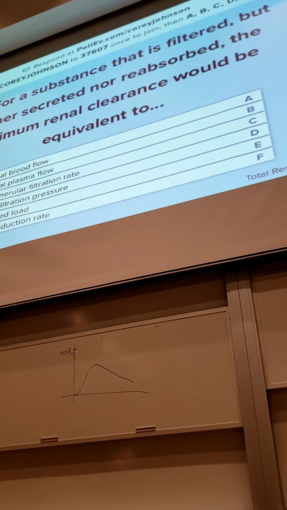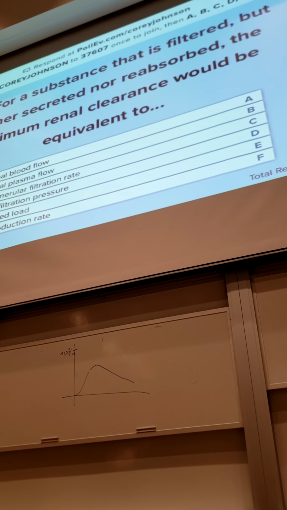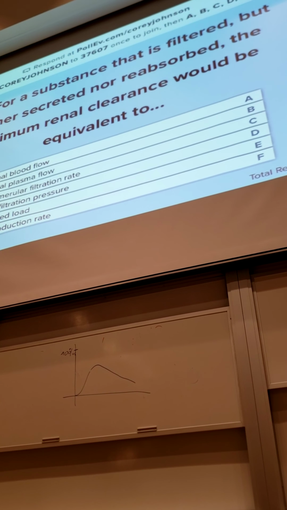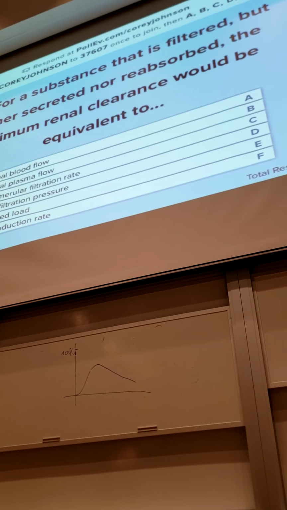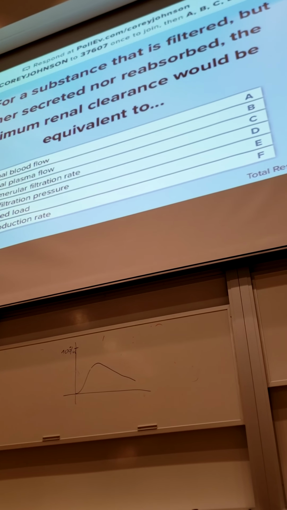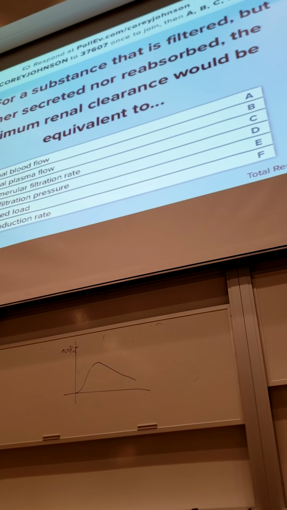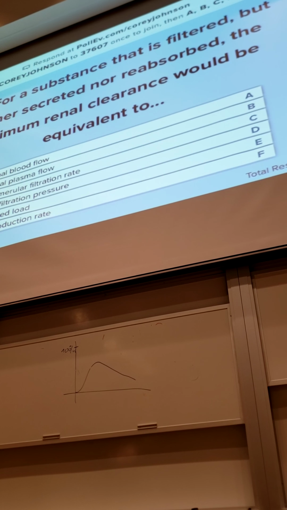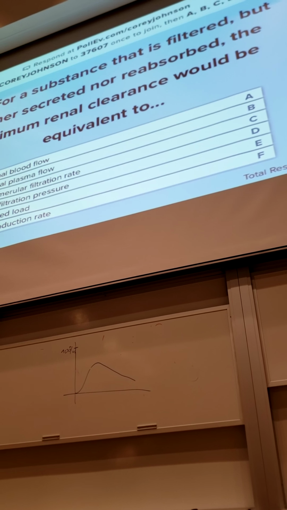So for a substance that is filtered at the glomerular capillaries, but it's neither secreted nor reabsorbed, it's only filtered, the maximum clearance we could achieve would be equivalent to what value that we've learned about? A substance that's filtered, but we're doing nothing else to it. What is the maximum volume of plasma we could possibly